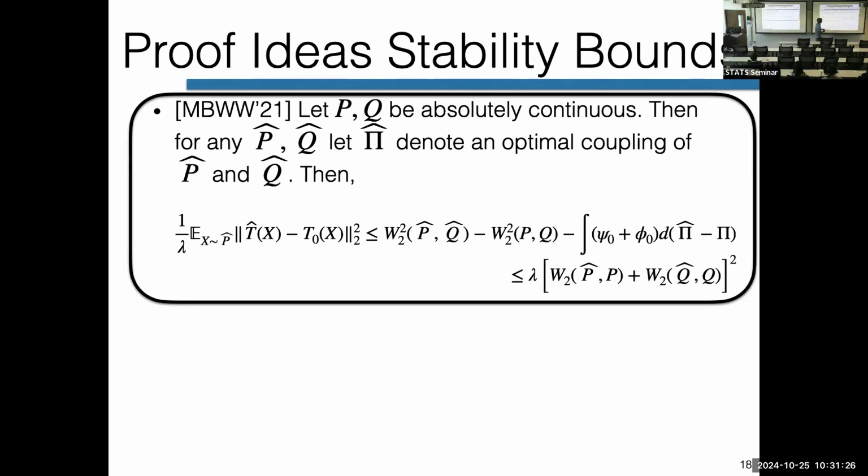And if you care, we'll come back to this at some point. The thing in the middle, you should think of as a first order Taylor expansion of the Wasserstein distance function. It's like a linearization: the Wasserstein distance at P hat Q hat minus its value at PQ plus some first order term. And the thing on the right is the quadratic remainder. For now, the thing you should take away is just that transport maps are stable if you perturb their arguments in the Wasserstein sense. And the lambda has to do with the smoothness of the